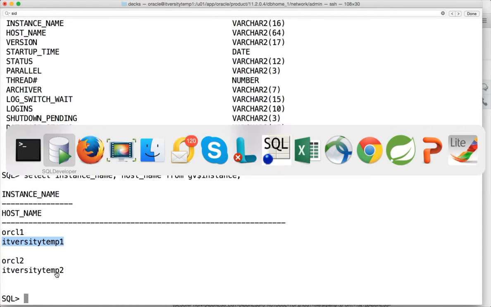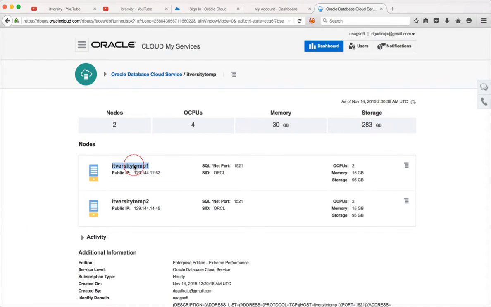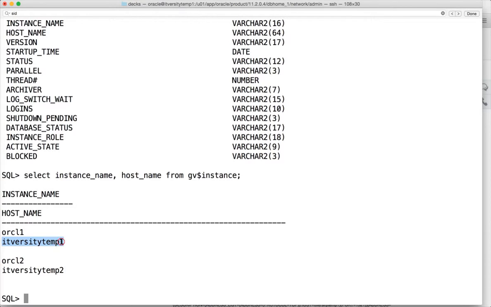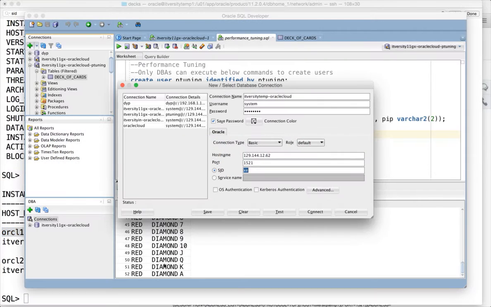So now you can go to here. ITOST temp1 is mapped to this IP address, and we used this one to connect, and on this the SID is ORCL1. RAC is nothing but multiple servers supporting one database, and you can connect to any of the instances supporting that database. In this case we have two instances, ORCL1 and ORCL2, and that is represented by SID. So we have to use this one as part of SID here,